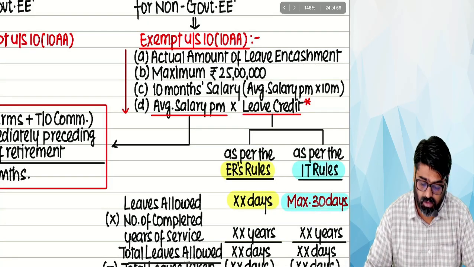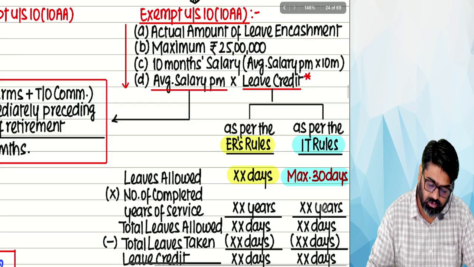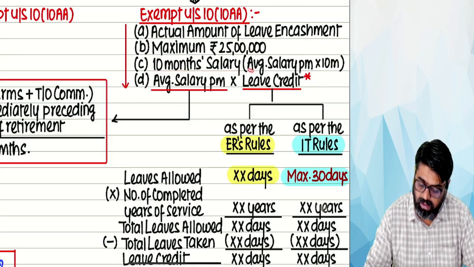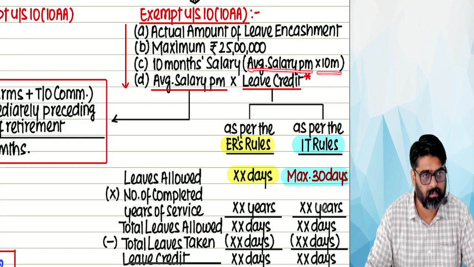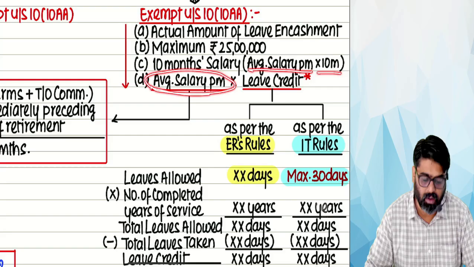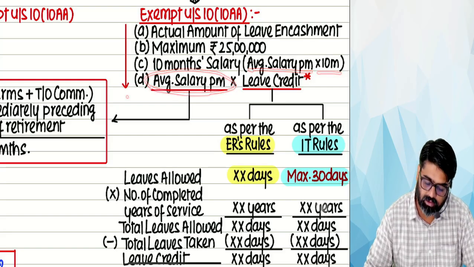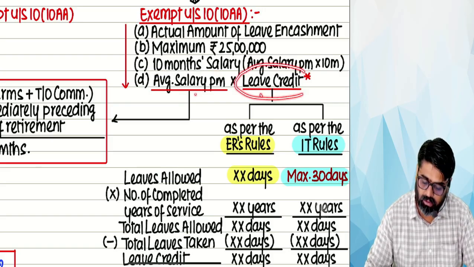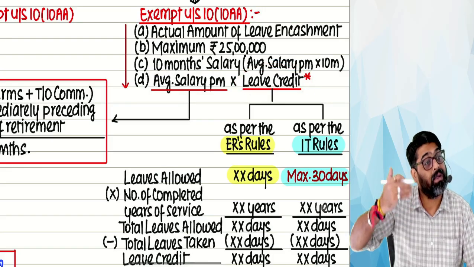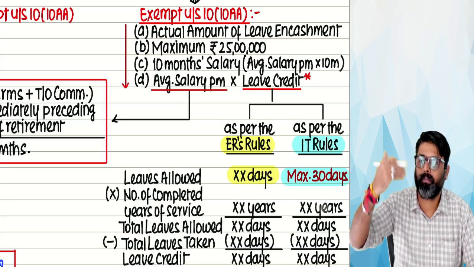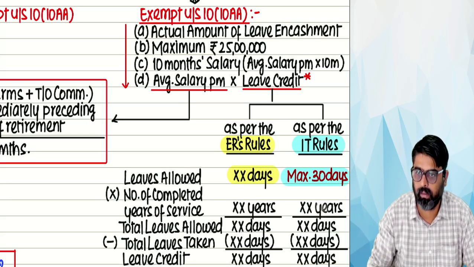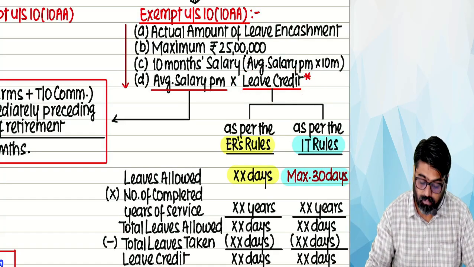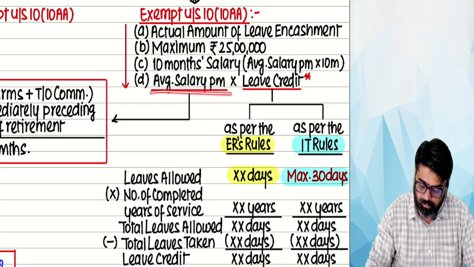Maximum 25 lakhs. And limit C is 10 months salary, which you will get after multiplying your average salary with 10 months, because we are going to calculate average salary for limit D. Limit D says average salary per month into leave credit. This leave credit you have to calculate as at the time of retirement. So at the time of retirement, how much is the total leave credit available with you? That leave credit you have to calculate at the time of retirement multiplied by average salary